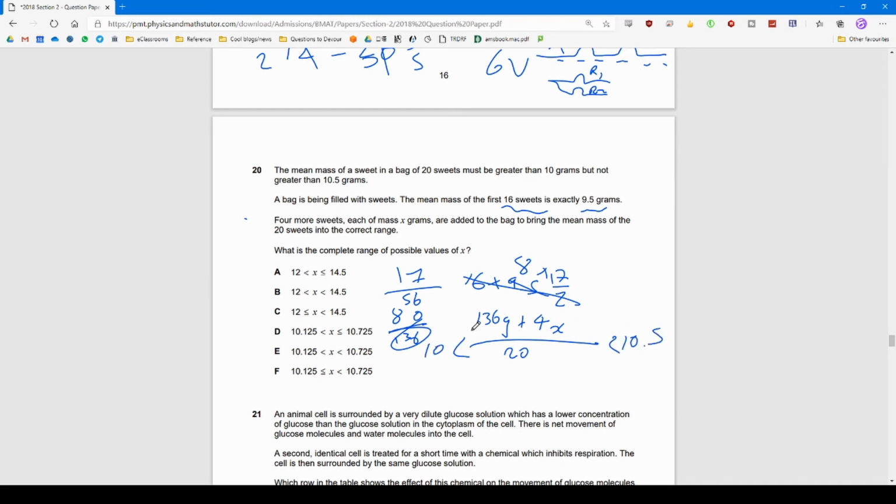10.5. So this is just us quickly working out an expression for what the actual total mean of the entire bag would be. And this 10 and 10.5 allows us to keep this within the range that's described in the question. So multiply both sides by 20, you get 200 is less than 136 plus 4x, which is less than, well, 10.5 times 20 is 210. And so subtracting 136 from both sides, you get